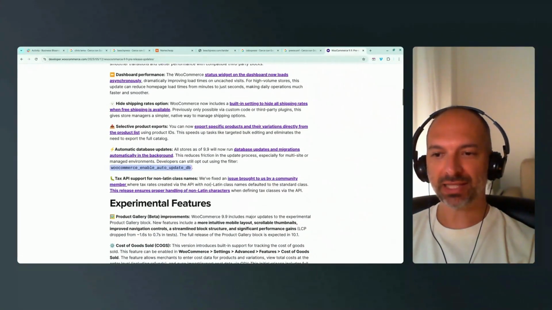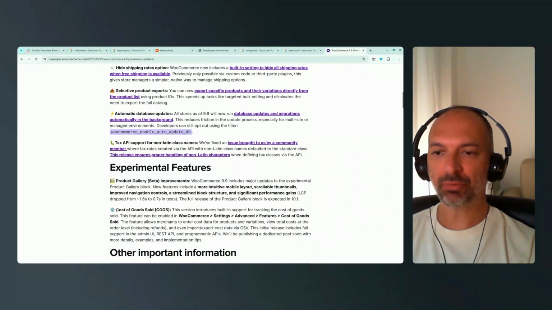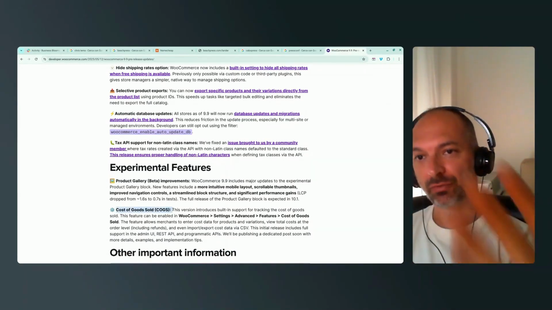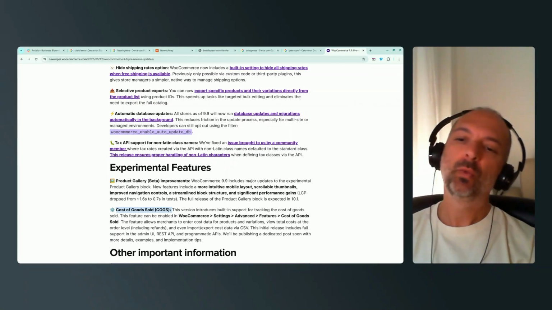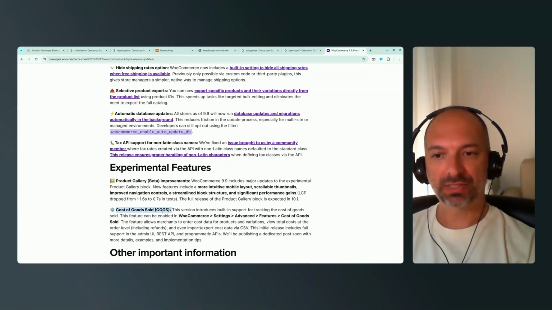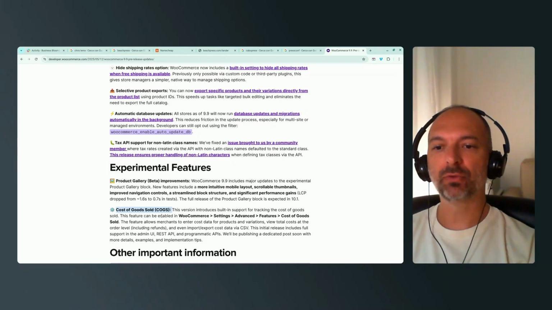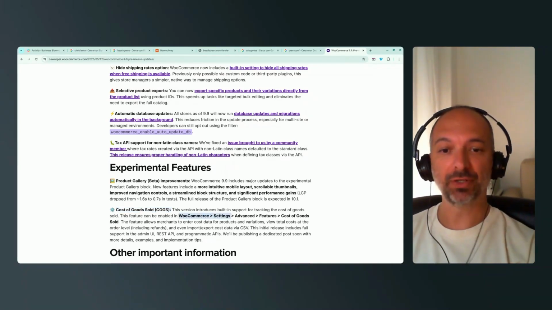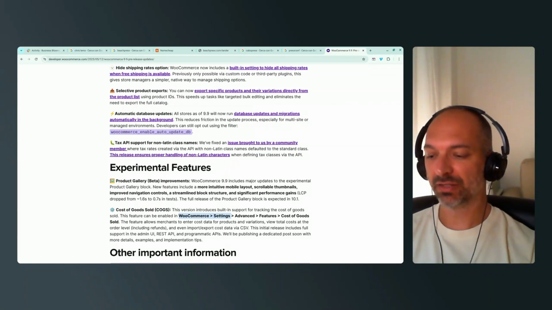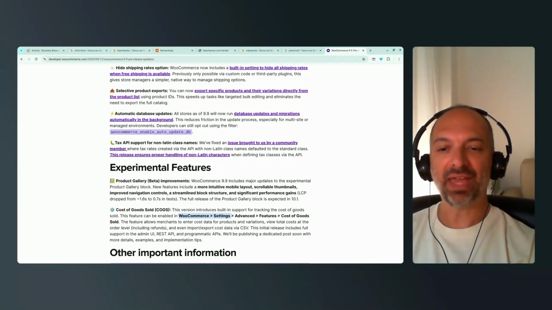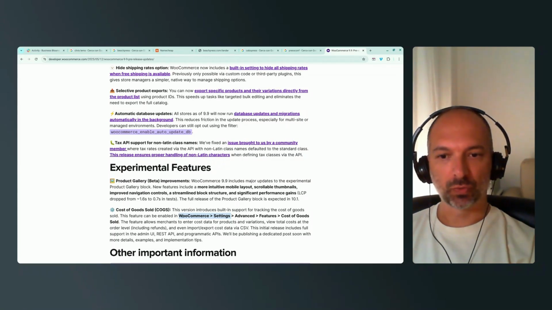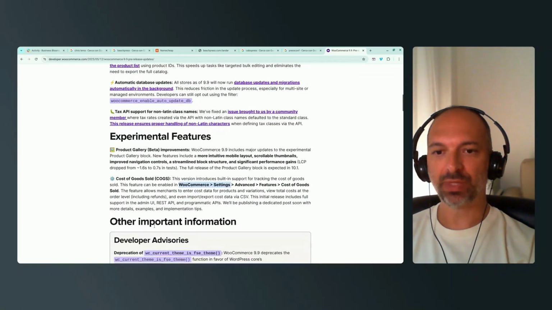Some improvements on the tax API, but I think that 9.9 will be known to everyone together with the release of the blueprints, with the addition of COGS in core, so cost of goods sold. Now you can still enable this behind a feature flag, but at least it's something that you should definitely go and test, because it will be released for 10.0. You just go onto WooCommerce settings, advanced, features, cost of goods sold, and you will be able to tick a